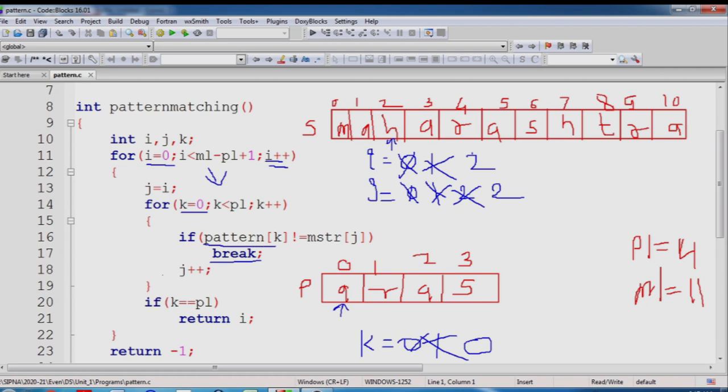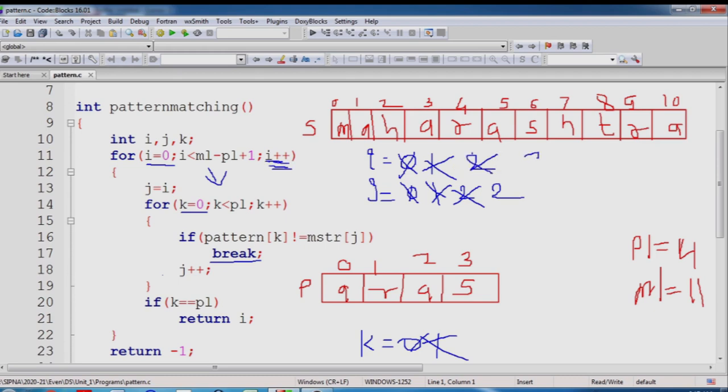So pattern of k is pointing over here and mstr of j is pointing over here. So a and h are not matching, that's why this if condition will be true. So this condition true, break will execute. Again break will execute, so this for loop will end, and this will again be false. Okay, so now again i++ will be executed.